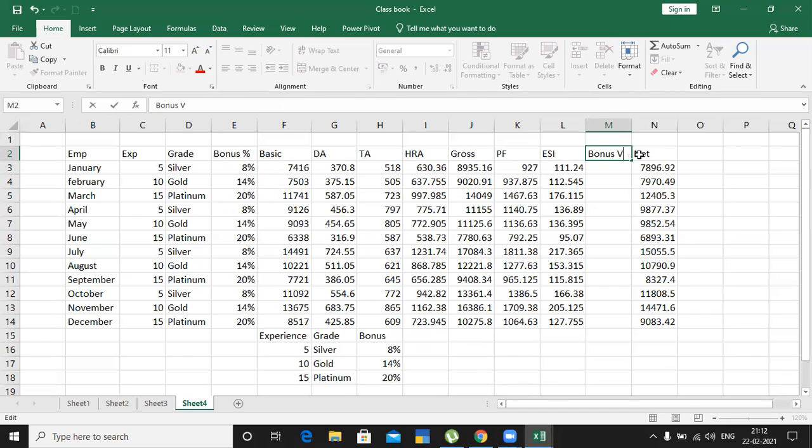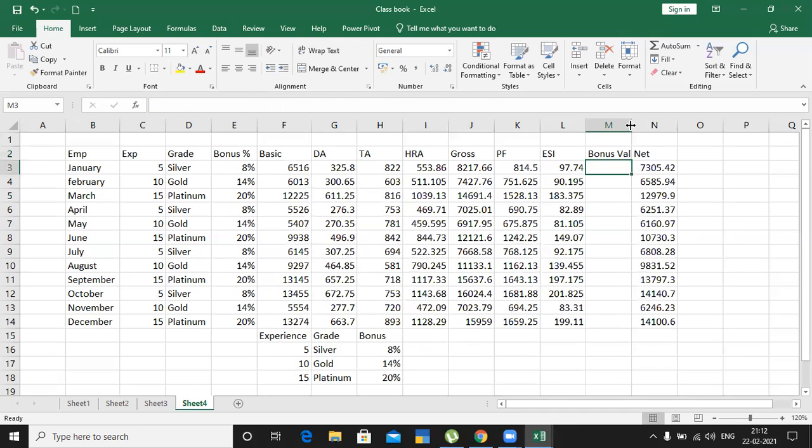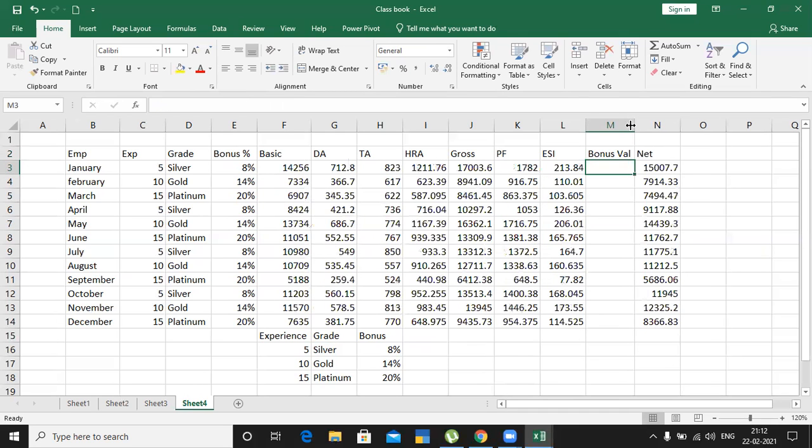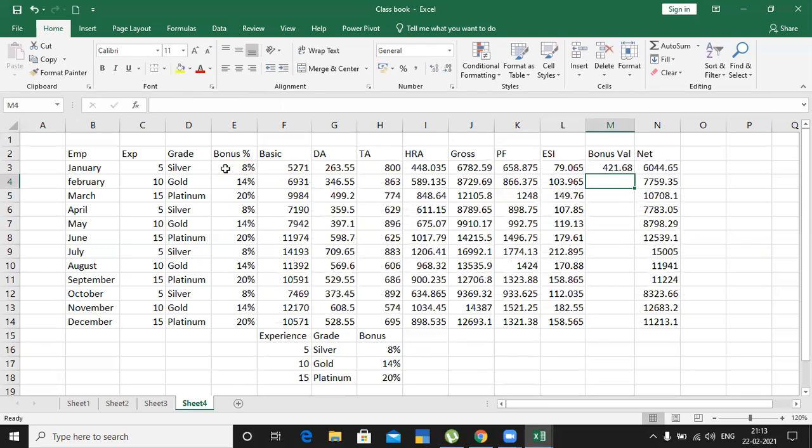So how do I take the bonus value? Equal, open bracket, your basic salary into bonus percentage. Close the bracket and see what is allocated.